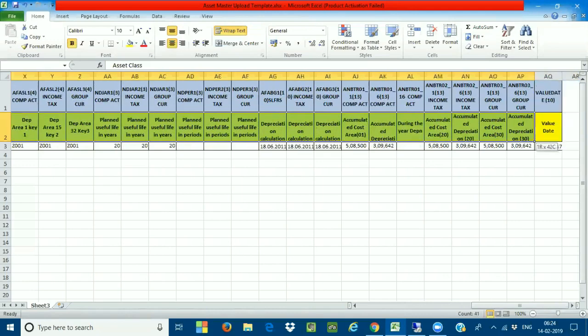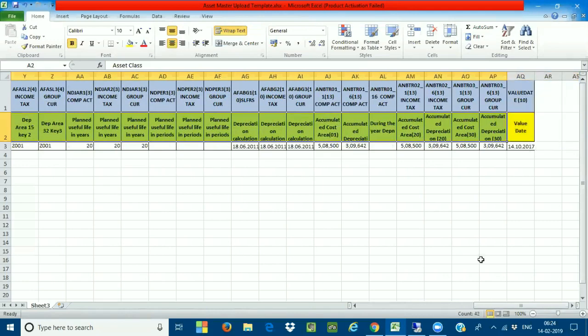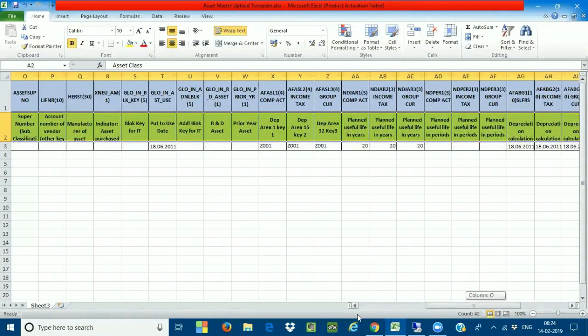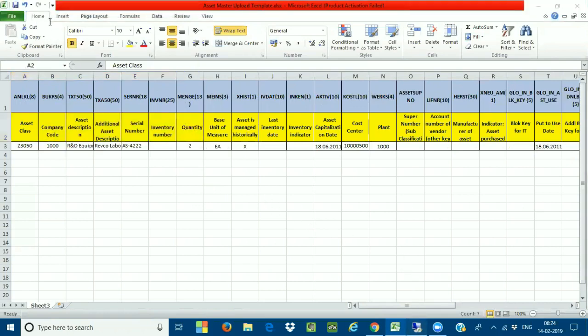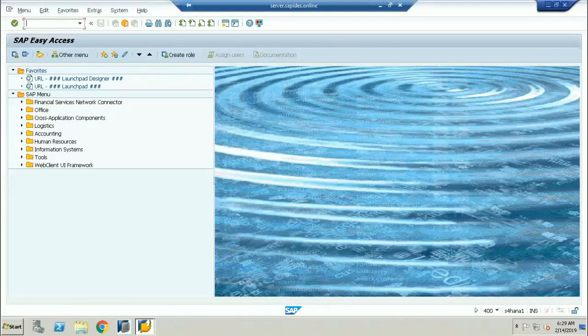This is the new template which has been given by SAP. So we have the asset class, the company code, the depreciation, the additional asset depreciation, the serial number if any machinery has one, the inventory number, the quantity, everything. So if I go into AS01, see here, while I'm creating the asset master